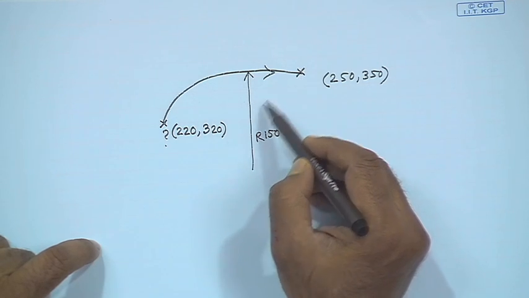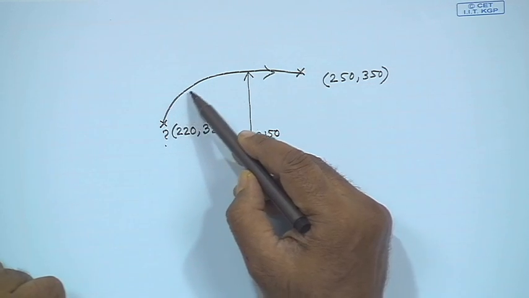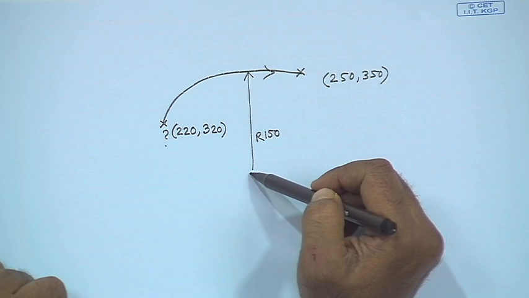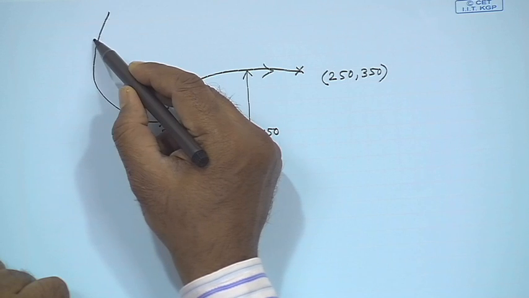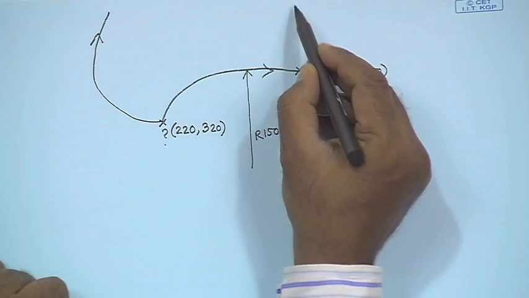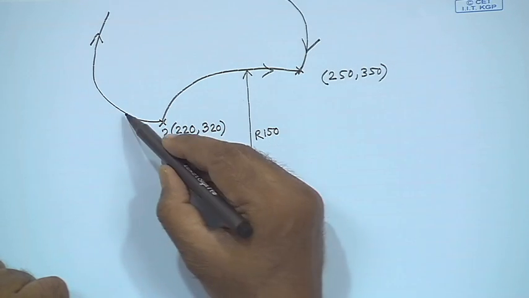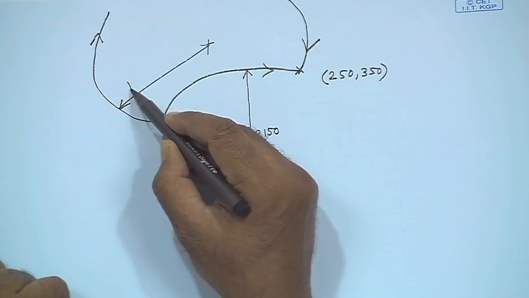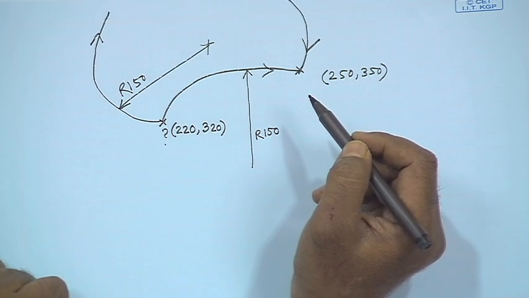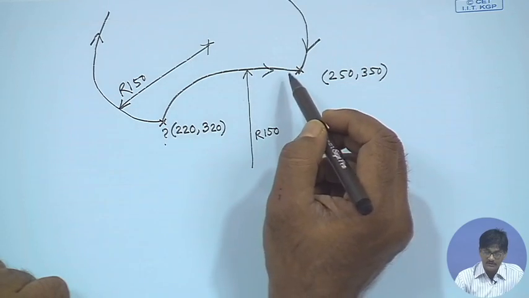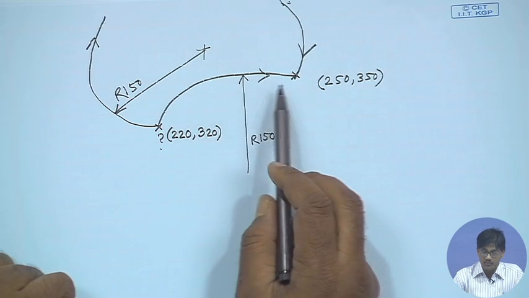Is there any other path which will be satisfying all these conditions? That is, this is the start, this is the end, this is essentially clockwise, and this is R150. Yes, there is a possibility that it might start this way, out of our space of consideration, and end up coming here and end up here, where this radius is also 150. What about that? So, if there are 2 possible solutions to the motion that has been asked for, then what path is the tool going to take up?